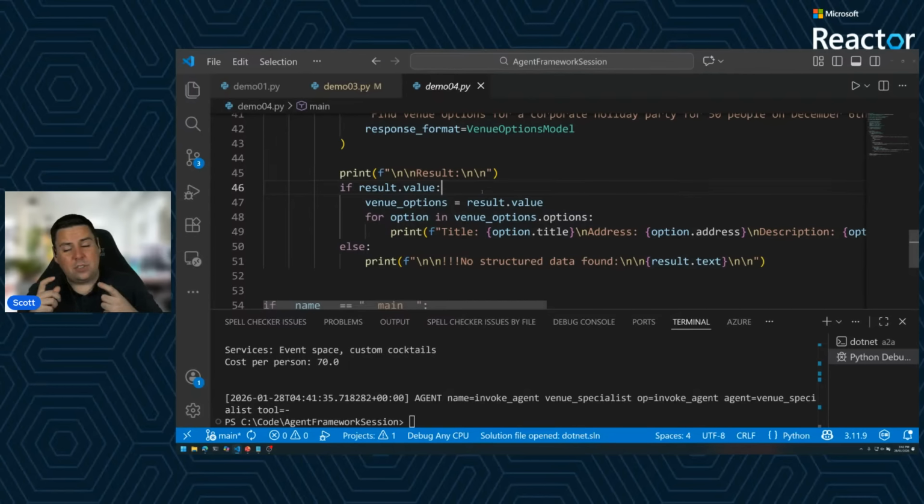I find this is really, really handy, especially if you have models that aren't necessarily trained on structured outputs, or to a degree, you find that the non-deterministic nature gives you less than expected results. Having the ability to pick up both text as well as structured output is really nice.